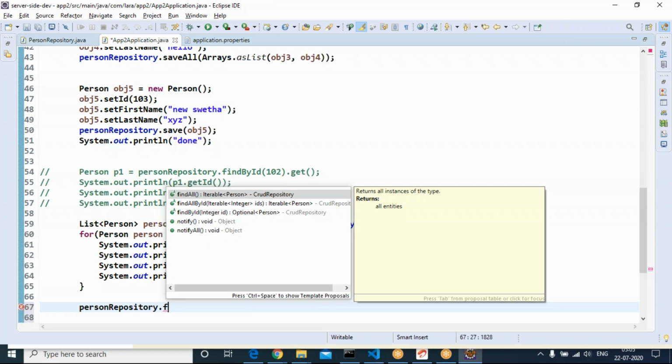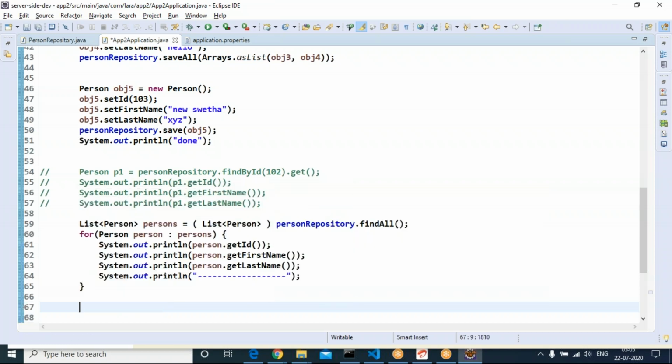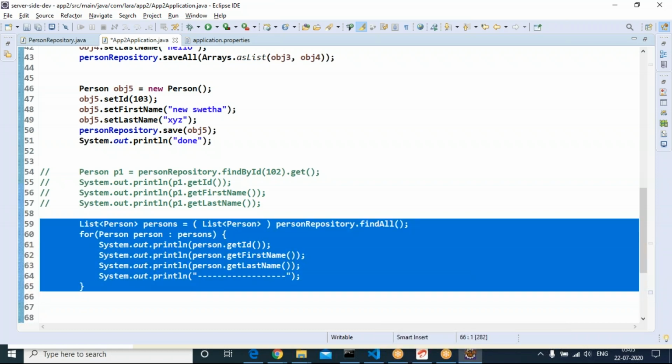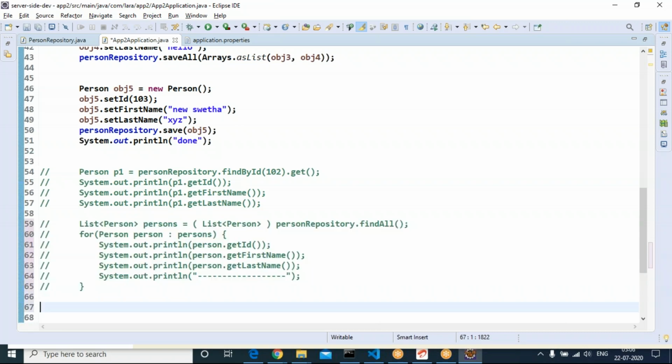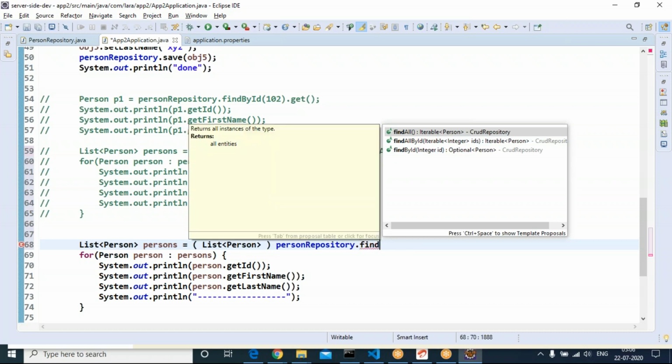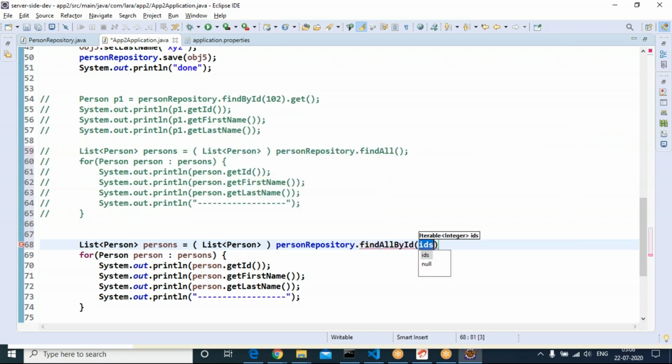Let us see how to use this finder method. I will comment this one also. First I am copying, comment, Control Shift C. findAllById: specify ID values in the form of a list.